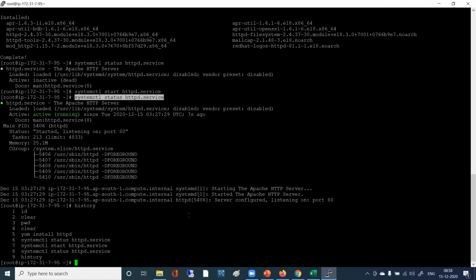All server starting. Sorry, I missed Harish. So how to start that active? Start HTTP, right? In place of systemctl status you have done earlier, you just have to say start. So systemctl start. For me, it is showing some log files. Did you run that systemctl start http.service? Yes. Now you just run systemctl status http.service. Again you run the status command.